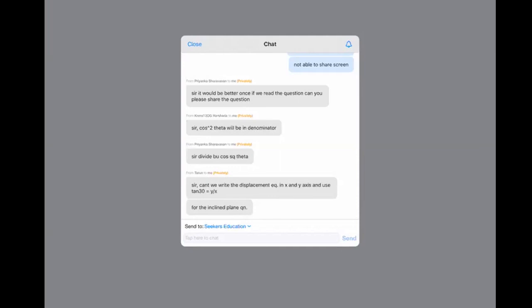This thing that you are saying, Tarun, that can we write the equation in terms of x and y and use tan 30 is equal to y by x for the inclined plane question? Let me look at it, and then maybe we'll be able to get it. I'm not sure about it. I have to work it out to see. If we are getting it, great. Let me work it out and then come back to you. You also work it out and see if you're getting it. I've just taken up the previous questions which have come in the last 2 years. Okay, next time onwards, I'll share the questions with you. Bye.